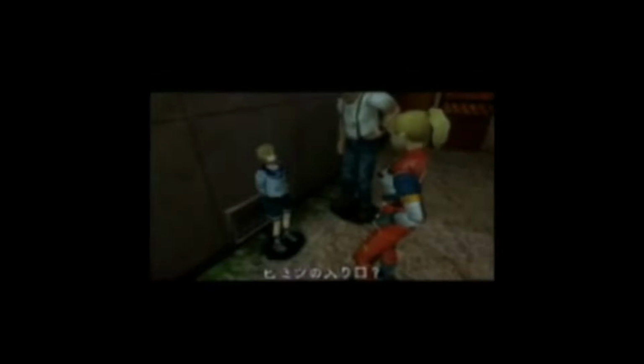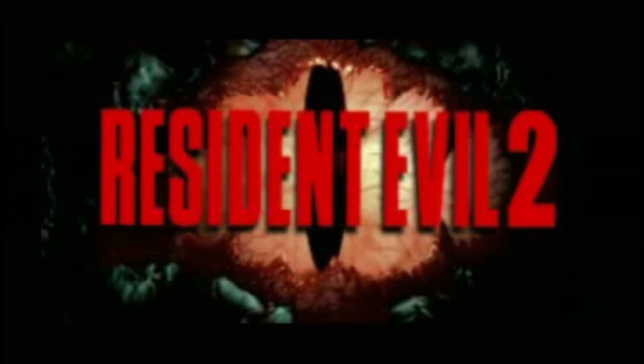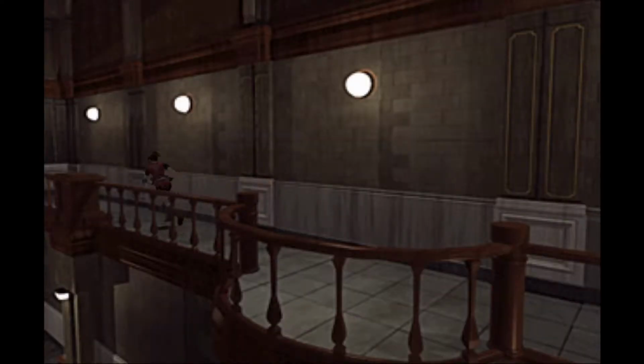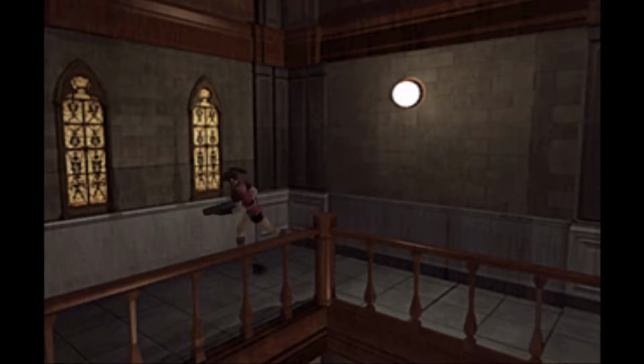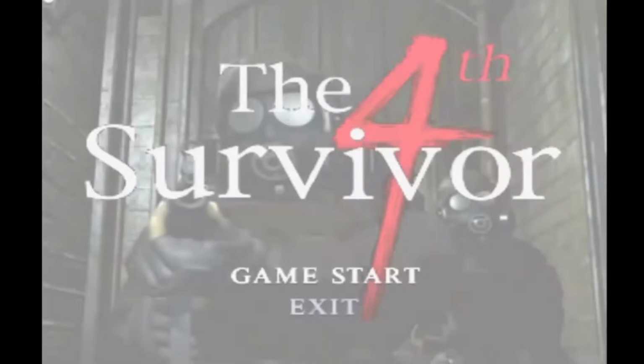Speaking of which, when the final version of RE2 was released in 1998, again on the original PlayStation, it came packed with loads of secrets, including extra modes like the Fourth Survivor, which puts you in the role of Umbrella agent Hunk,